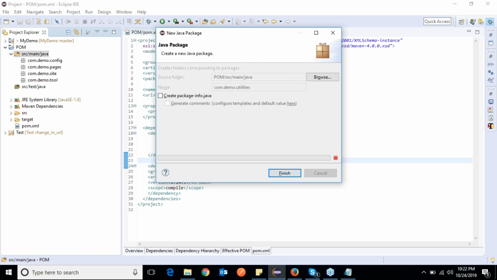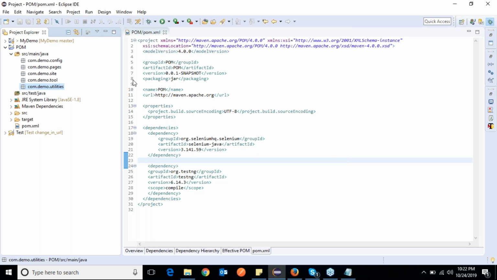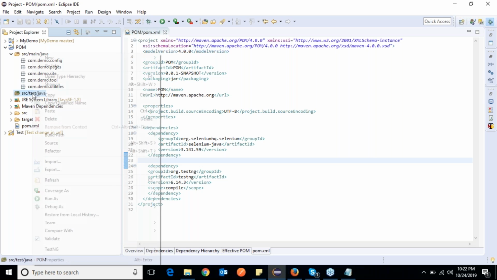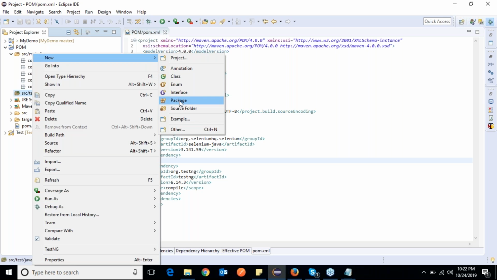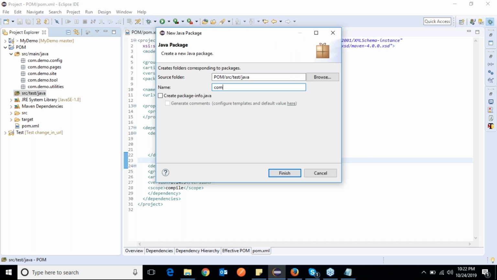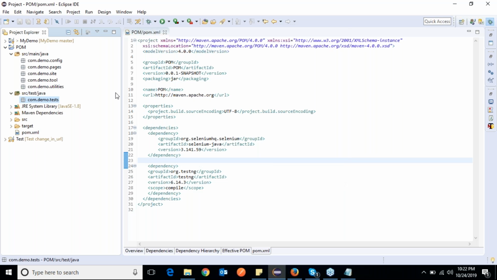So I'll just create, we'll see if we can utilize. So yeah, and under test, I need one package, like com.demo.test. So all these packages, what I need,